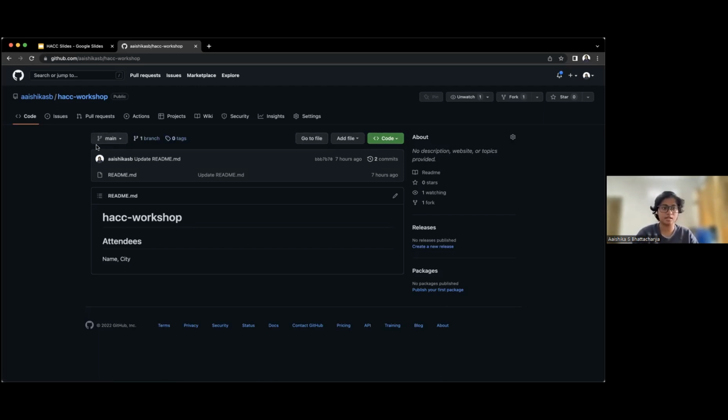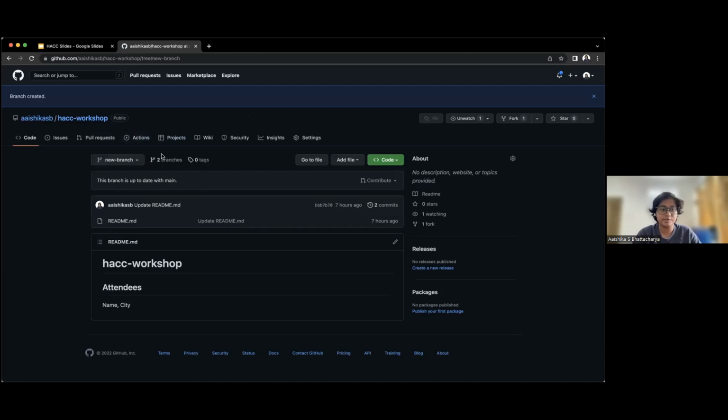You see this main branch here. It says one branch. I just have to click on this drop down here which says main. I can always find or create a branch. So I'm just going to add a new branch. And then I just need to click on this tiny button which says create branch, new branch from main.